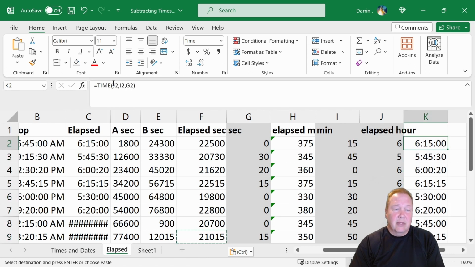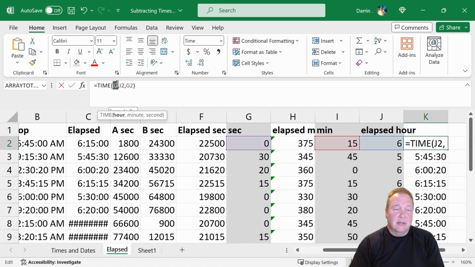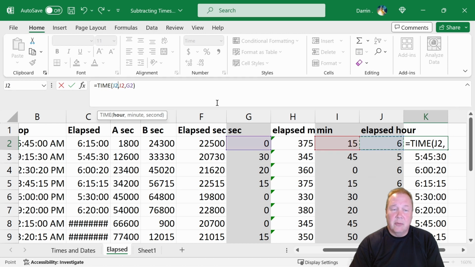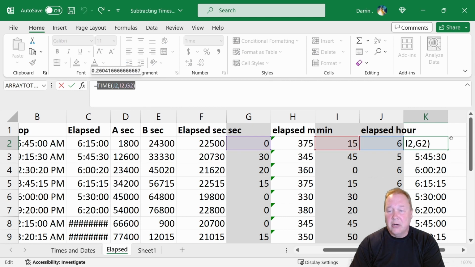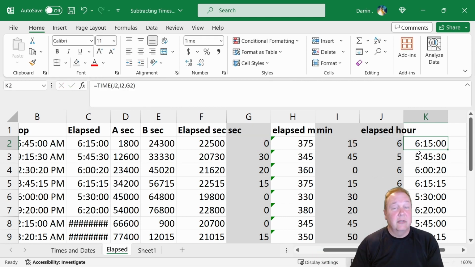So you take J2, and instead of just putting J2, you come over here and copy this J2 part and put it in there, and it just gets really long and ugly. So this is the hard way to do it, but this is the proper Excel way to do it. This is the way you should do it in Excel if you don't want to exploit the data types. And before we talk about what to do if you do want to exploit the data types,